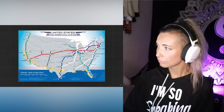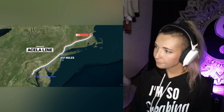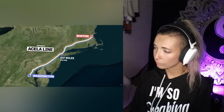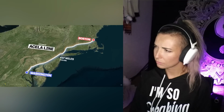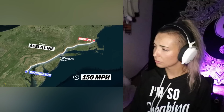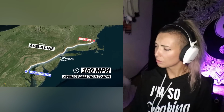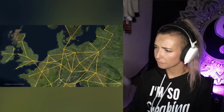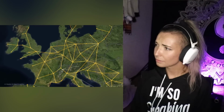While the US does have some higher speed rail, like the Acela line in the Northeastern Corridor, it's hardly an effective map of transport solutions. And the Acela line isn't really that fast either. It can reach about 150 miles per hour, but averages less than 70. This is not the case for Europe's insanely well-designed railroad system. And you have to remember that Europe's system accomplishes this while spanning 33 different...